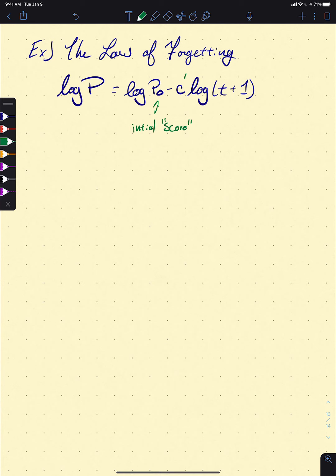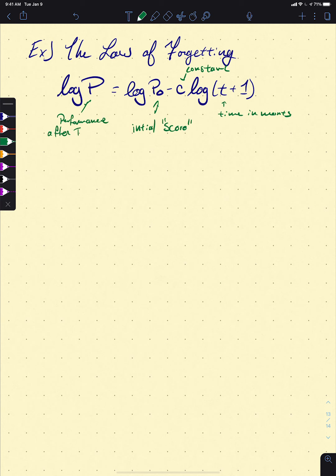C is some sort of constant, dependent on the task. T is your time in months. And then this P without the subscript is sort of your output, your performance